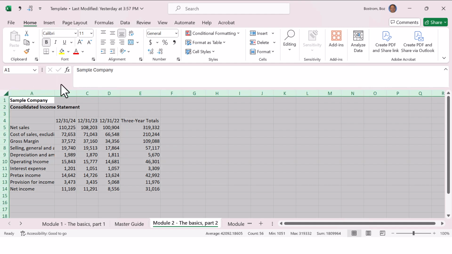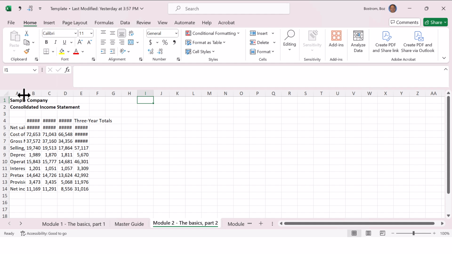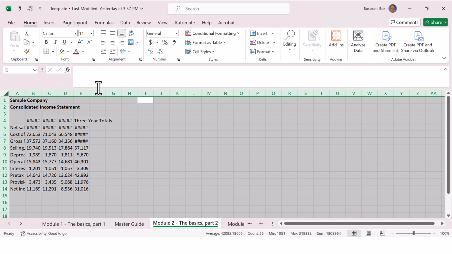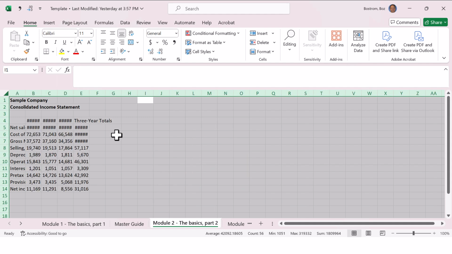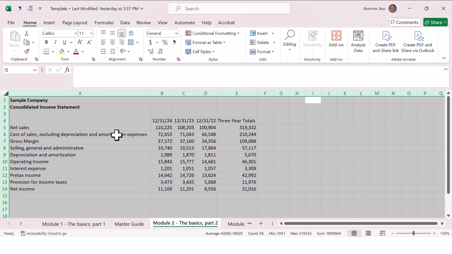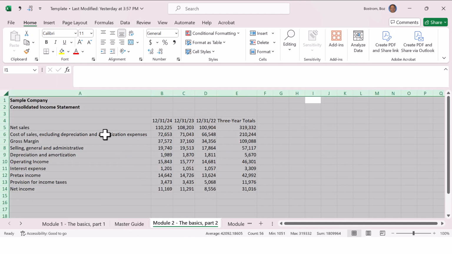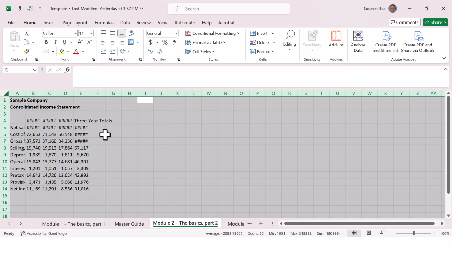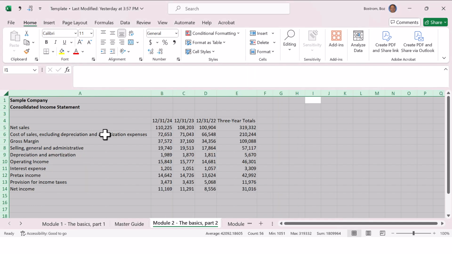So let's just say my data looks like this as an example. It's way too squashed, all right? Well, anywhere on my spreadsheet, I can hit Control A, and as compared to double clicking right between there, that totally works, all right? But as compared to doing that, what I can do is hit Control A, and then the formula is Alt-H-O-I, all right? So I'll do that again. So I've got it all highlighted with a Control A, Alt HOI. It is now going to auto fit the columns,